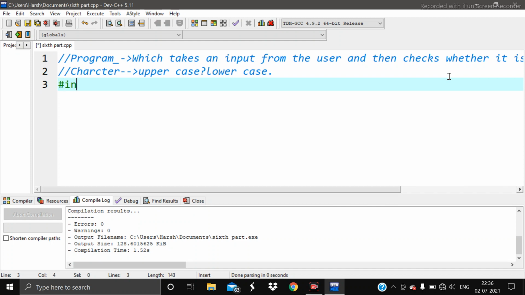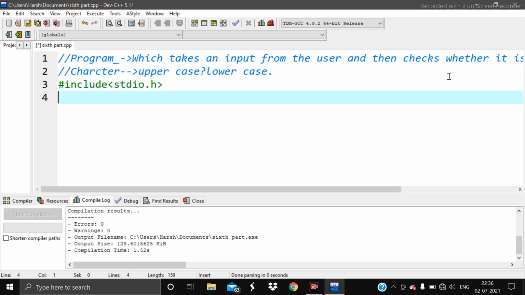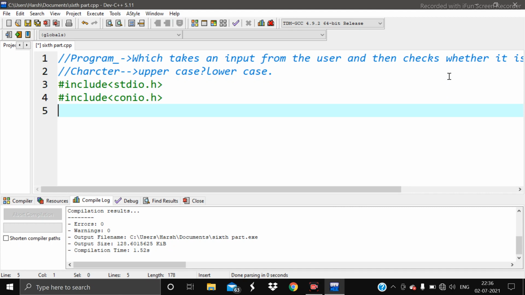So the first task is to write the main heading, that is header files: hash include stdio.h and hash include conio.h, then int main.